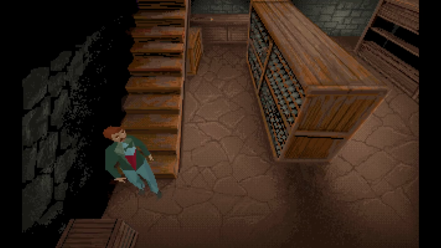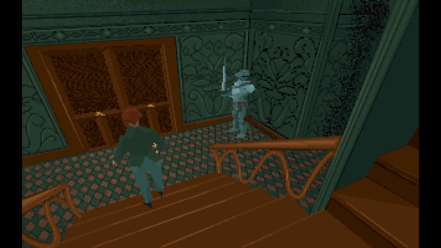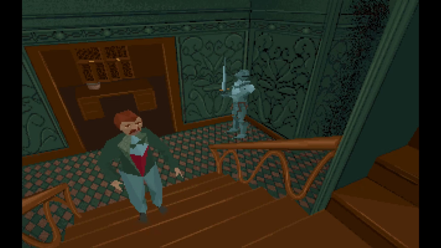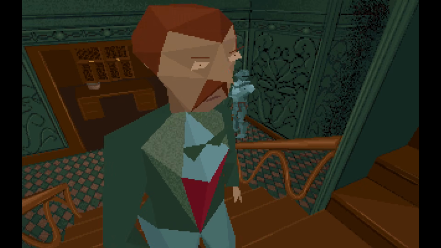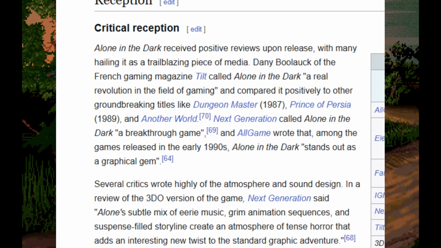Hand-drawn bitmap 2D backgrounds, a handwritten story, new mechanics never seen before. Well, after almost 25 years, even a blind man can see the original Alone in the Dark is showing its age. Nevertheless, it kinda set the standard for survival horror games and was praised as groundbreaking by many when it was